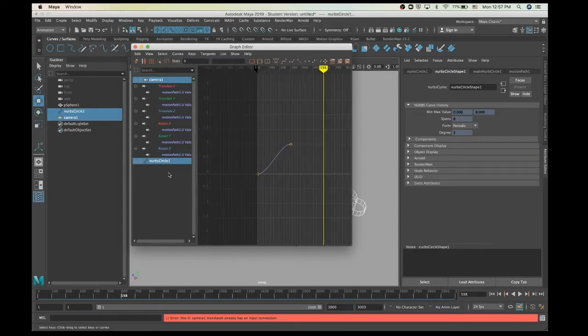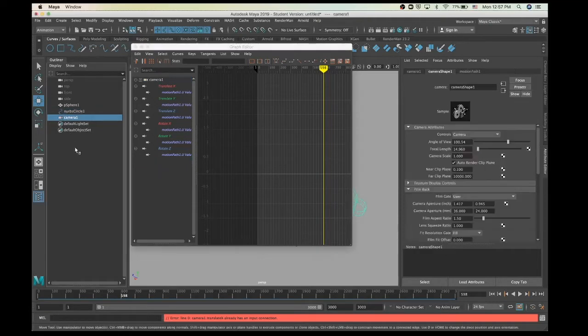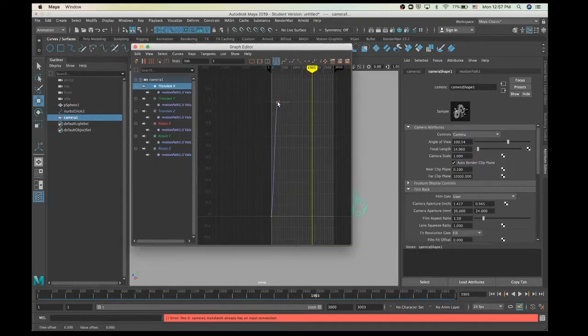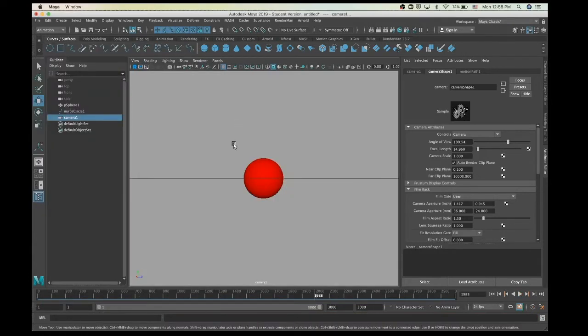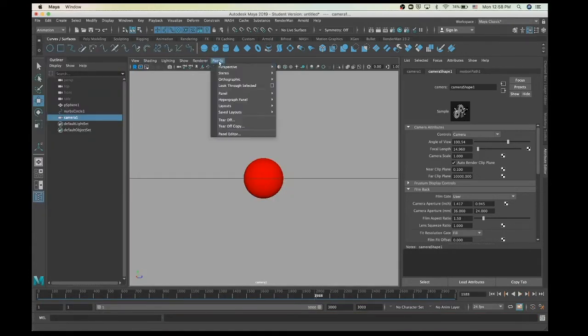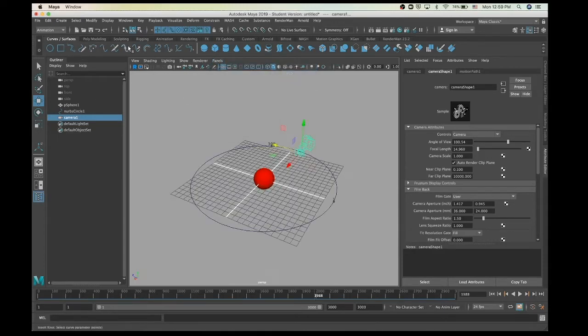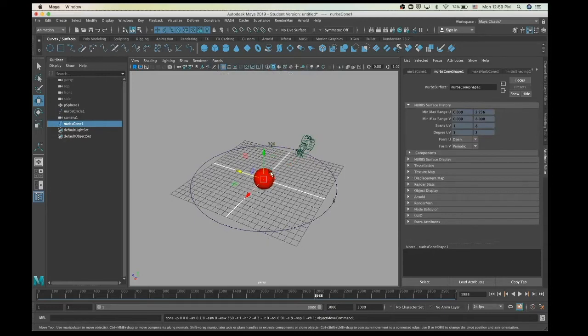And right now, if I select the camera, for the translate X, I'm going to move it and make it, so let's see what will happen right now. Yeah, it's much slower, as you can see here. So if I go back to the perspective